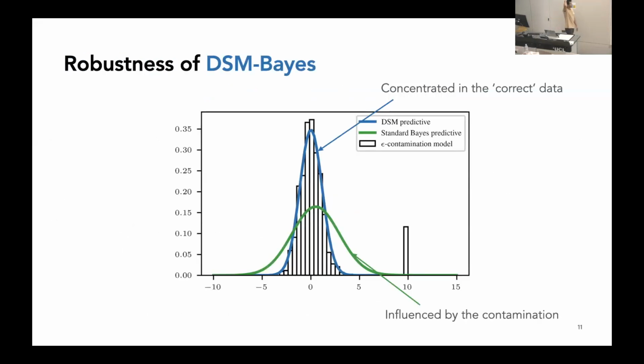Now, discussion about robustness of this method. Is it robust, and will it work in the setting that we want? Here we have an example that I have already presented to a lot of people here, a contamination model. We have the DSM posterior and the standard posterior predictive, and we see that the standard is influenced by the contamination, but the DSM concentrates on the correct data, which is encouraging that the DSM works well. But we want to prove this